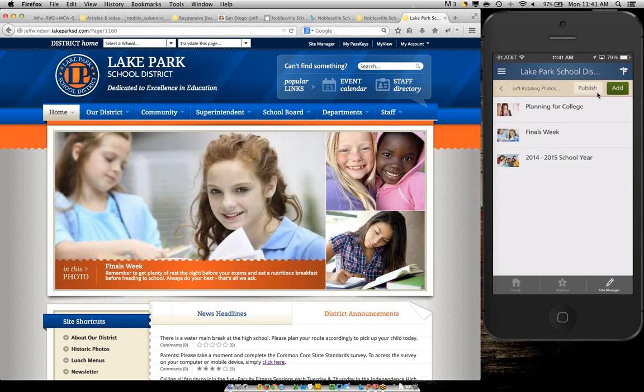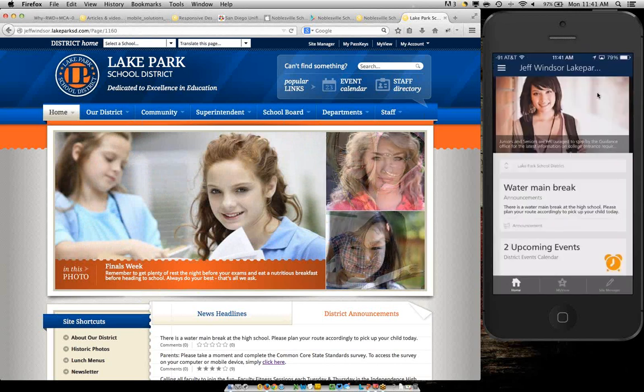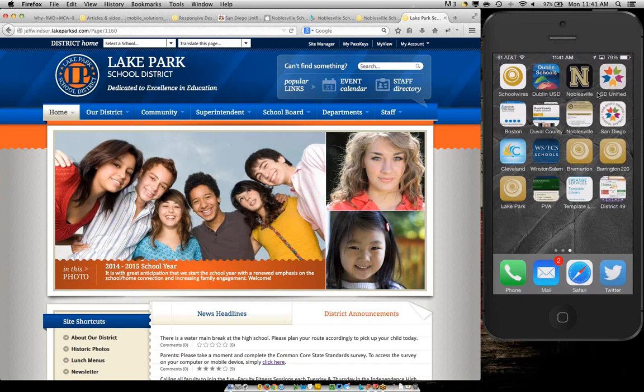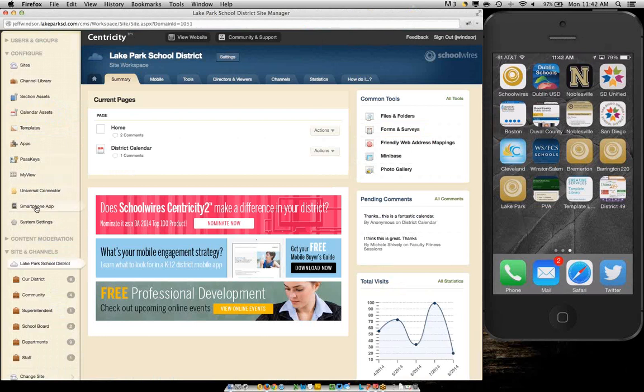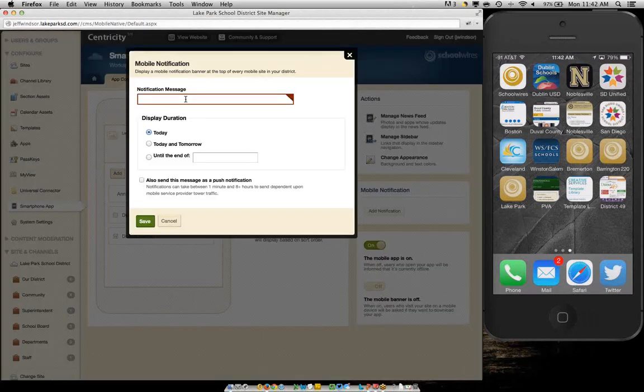from my phone. But then, as we want to stay in communication with those people, I have the ability from my website to actually go in and send out push notifications to anyone who has that installed on their phone. So here, within the smartphone configuration app, I can easily send out that notification. Maybe I need to let people know that there's a water main. So I'll say there is a water main